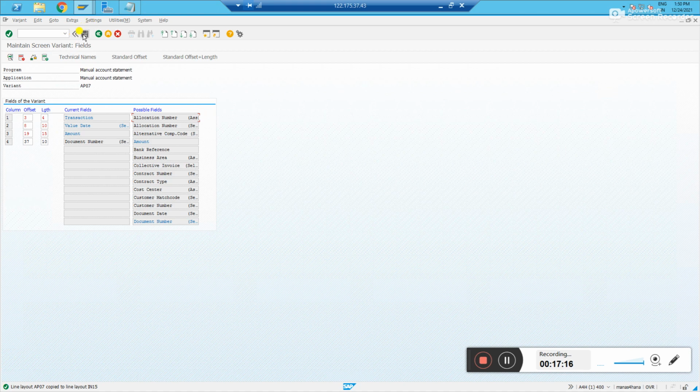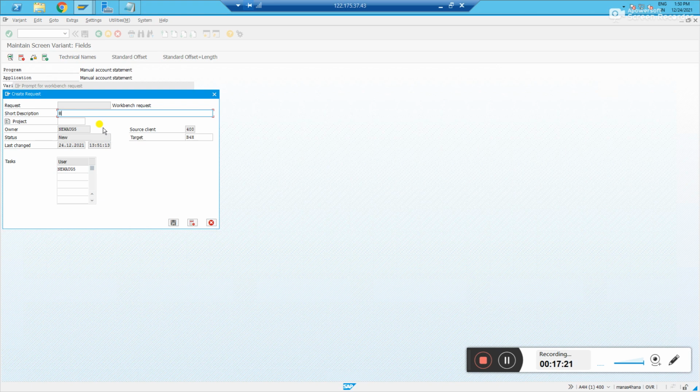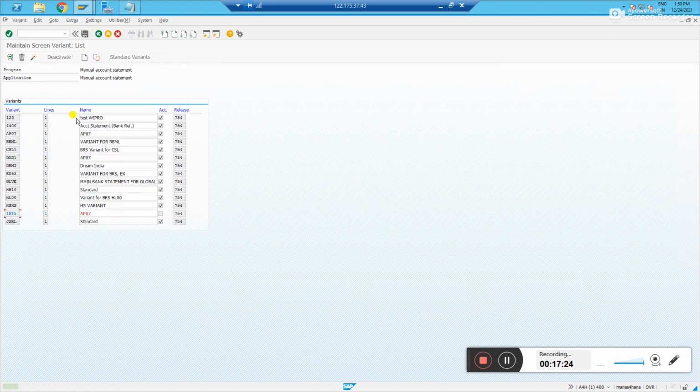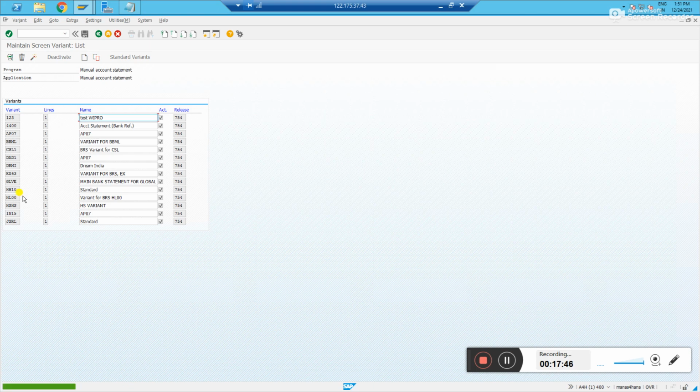Okay, save it. After saving the variant, BRS. Okay, the variant is created, but you have to activate it. So this is not activated yet. This tick has not enabled. You just click on activate. Now it has activated and save it. Variant also done. Variant is activated. Let us go back. Let us come again and let us see IN15. Our variant is activated. Description also will change IN15. Done.